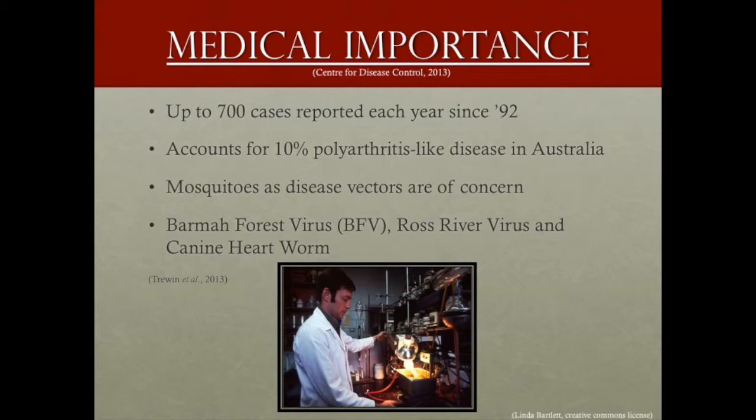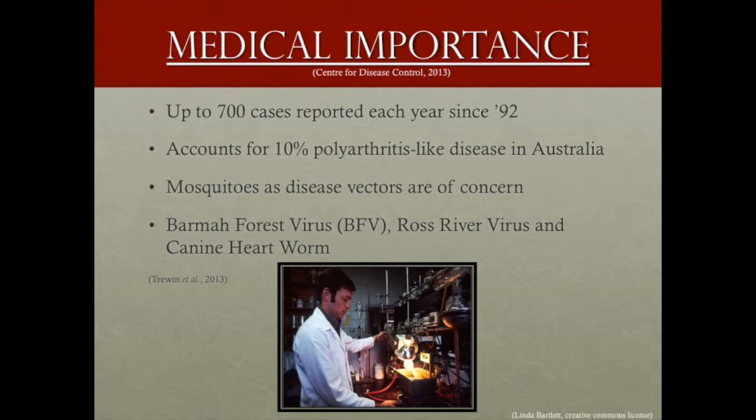Since 1992, there have been up to 700 cases of Barmah forest virus infections reported annually. It was in 1992 that the first epidemic due to BFV occurred in Northern Territory, Australia. This virus currently accounts for 10% of cases of epidemic polyarthritis-like illness in Australia. For this reason, the life cycles of mosquitoes and black midges are gaining attention worldwide because they are efficient vectors for multiple viruses. These viruses include the Barmah forest virus, Ross River virus, and canine heartworm, all of which are